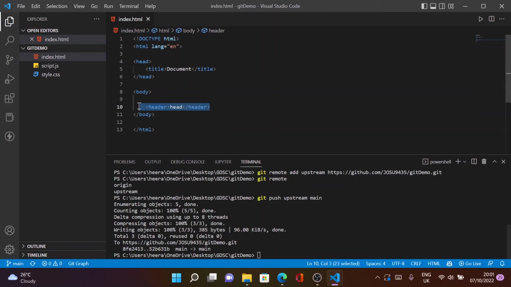So I will show you quickly how that works. I made these changes here. I will quickly commit the changes to my own personal repo, which is the origin. So I will git add,